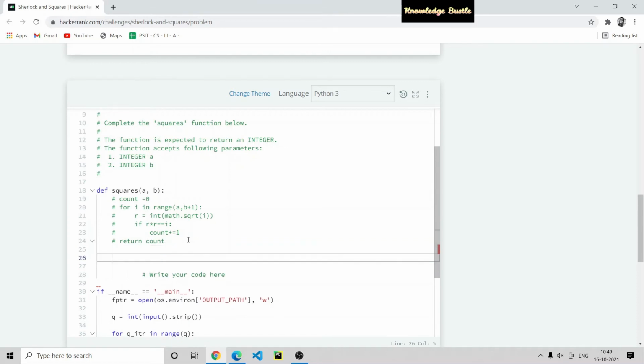For the optimized approach, we take two variables for the square root of a, and we use the ceil function and floor function, which are present in the math module.